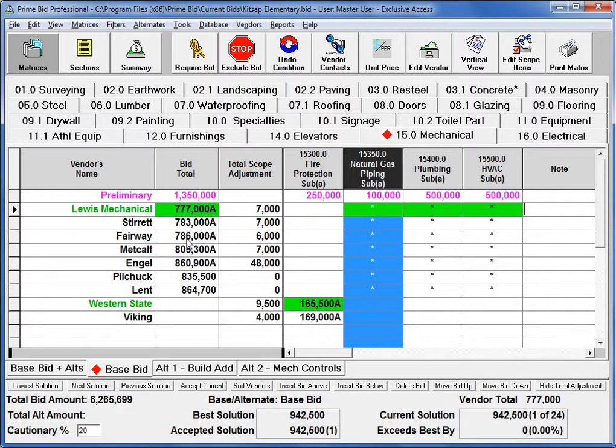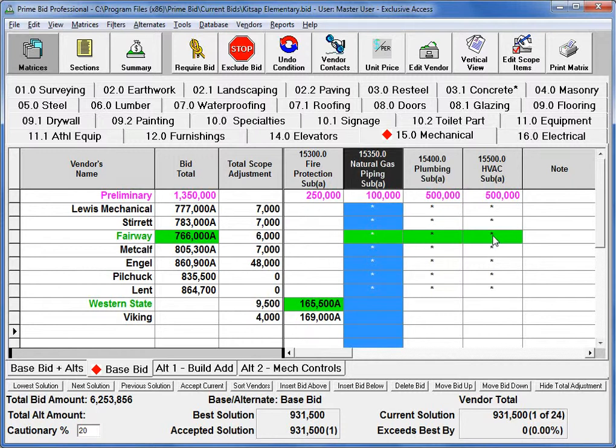Also, the other factor that you have is that when you have a bid that comes in the last few minutes and the scope is already set up, you can adjust that bid just by clicking on the bid total and typing in the value. So let's say that it's 3 minutes till and Fairway called you and changed their bid to $760,000. Just by highlighting that number, retyping in the 760,000, the matrix will resolve, and what we'll do then is it will add the scope adjustment amount to the bid and resolve, and now Fairway is the low winning bidder